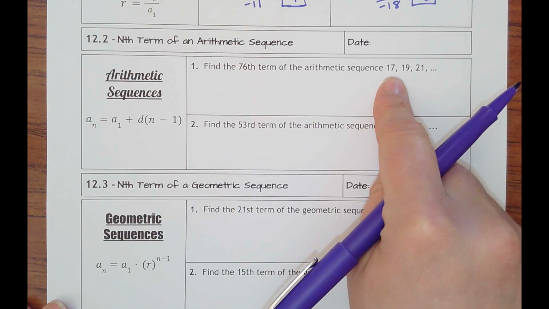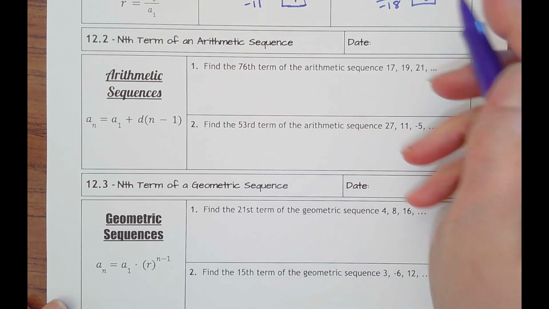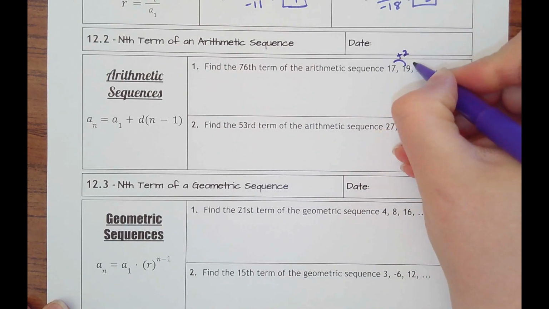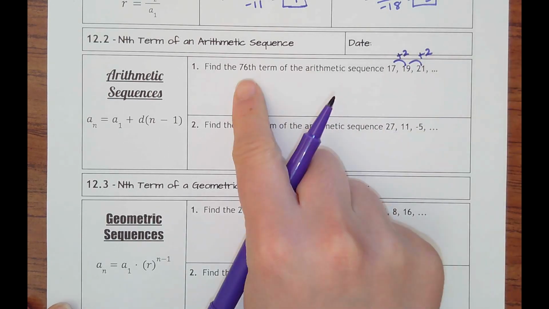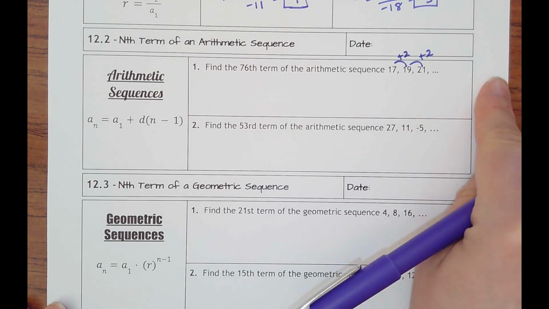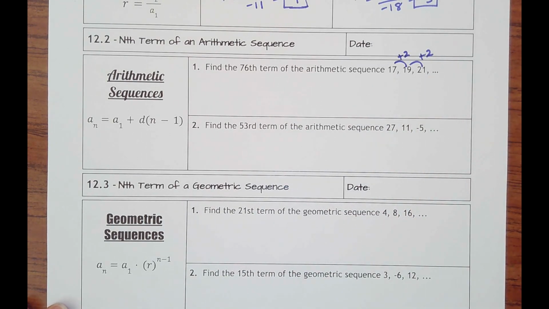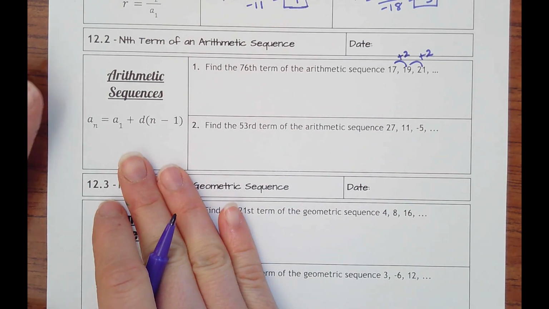Well, it's easy to see here that to get from 17 to 19, we're just adding 2. 19 to 21, we're adding 2. So you could just keep adding 2 to get to the 76th term. So you would have to do it 73 more times. That would take forever. And so they give you this formula, and I always used to think this formula looks